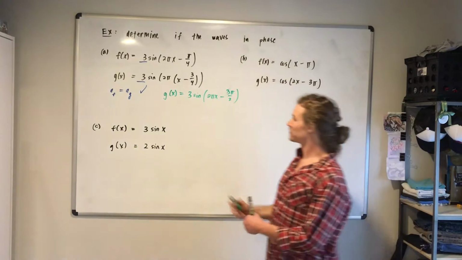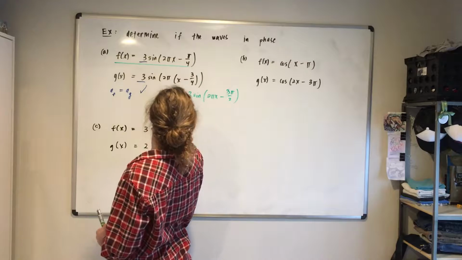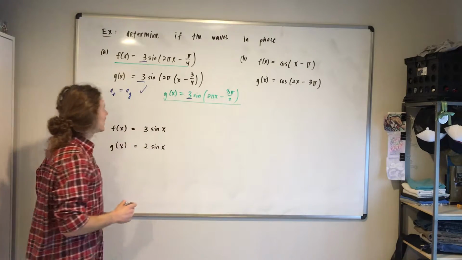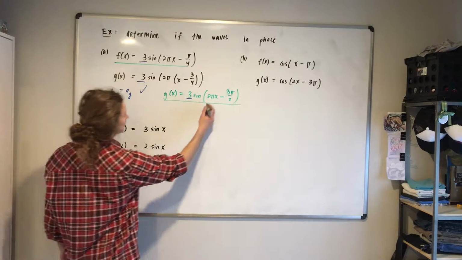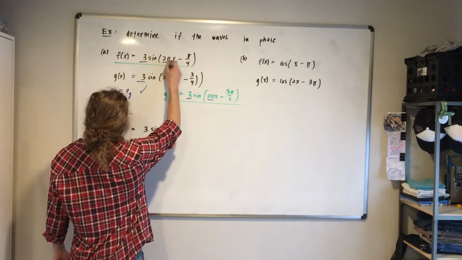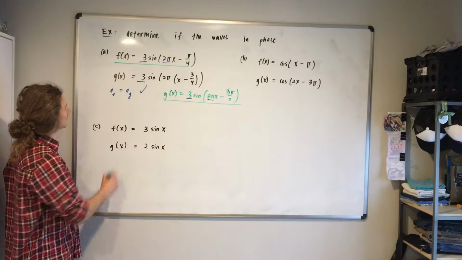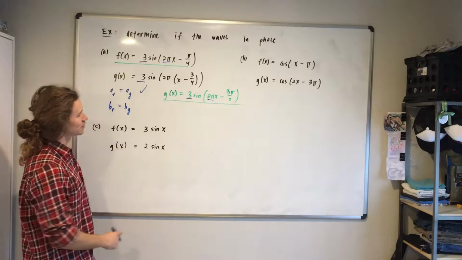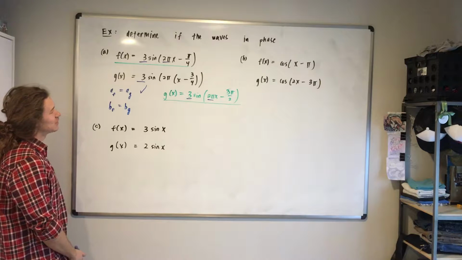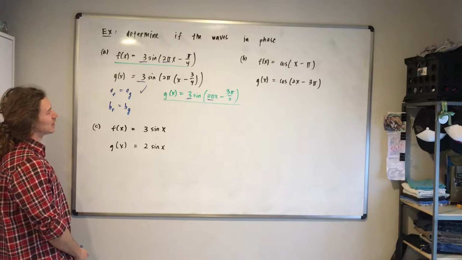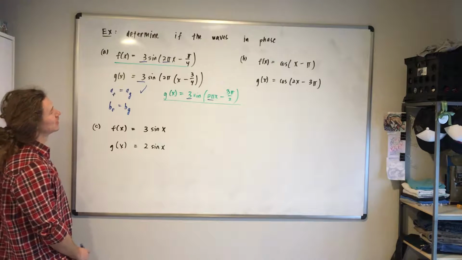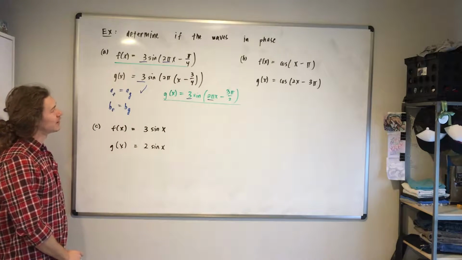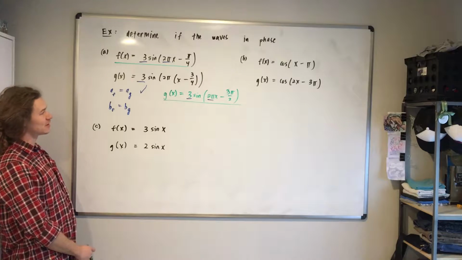So looking then at this f and this g, again we still see that same amplitude value or a value. You can see that we have the same b value, so we can say b sub f equals b sub g. Our horizontal stretch is the same, and we know that if the difference of our horizontal shift, negative pi, or the difference of our phase is